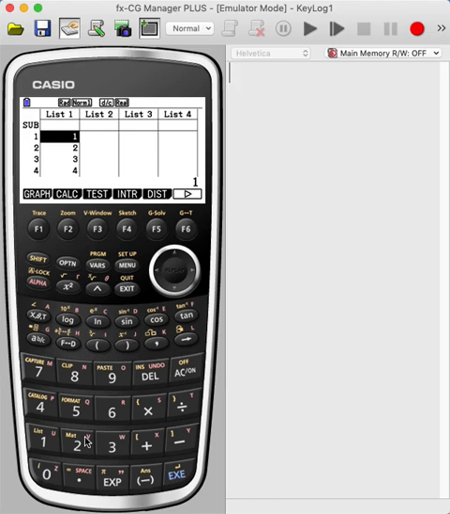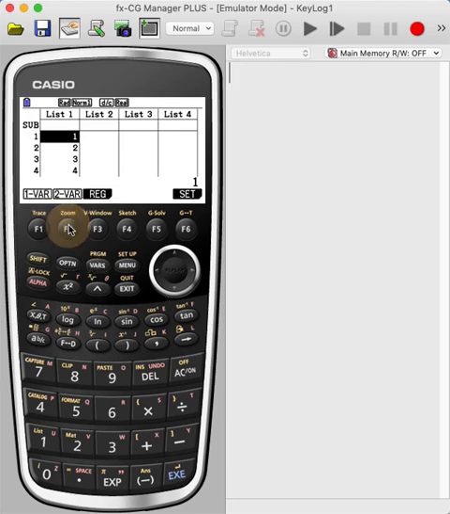I want you to put a 1 for the first observation, a 2 for the second, 3, 4, 5, 6, 7, 8. So I have 8. This data set has 8 numbers in it, and they're the integers 1 through 8. Make it real simple. Then when I want to calculate the summary statistics, I see the submenu here that says calculate,